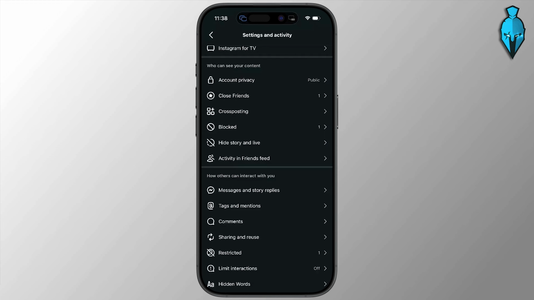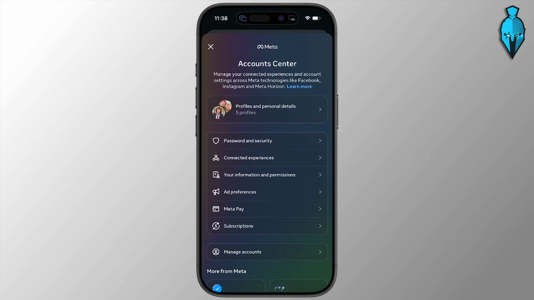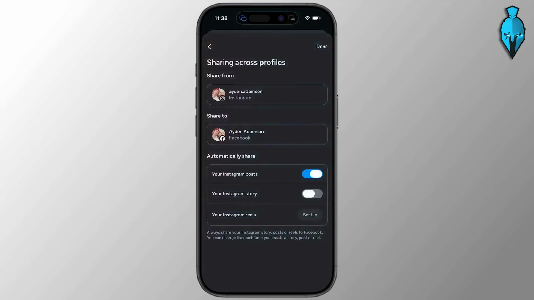Essentially on here, what you're looking for is a cross posting option. You'll see it in the middle right below close friends, but go ahead and open this up and you're going to want to select your Facebook account on here. This is going to be the one that's connected to your Instagram. Select it and then it's going to redirect you and you're going to see a page that looks like this